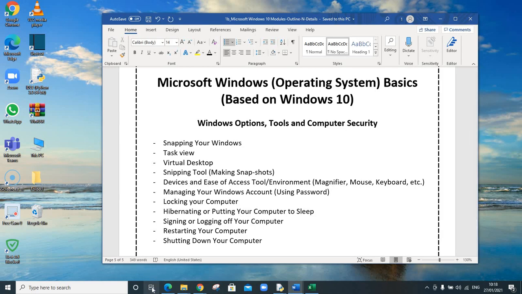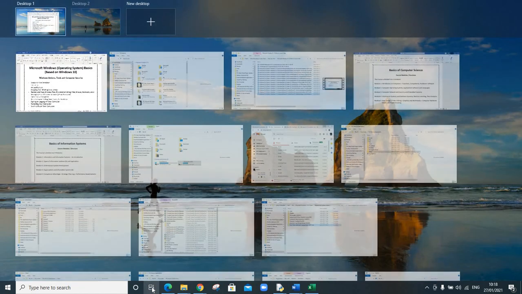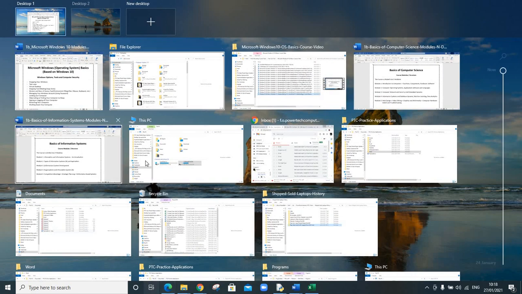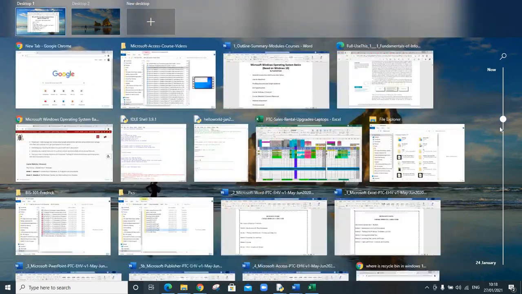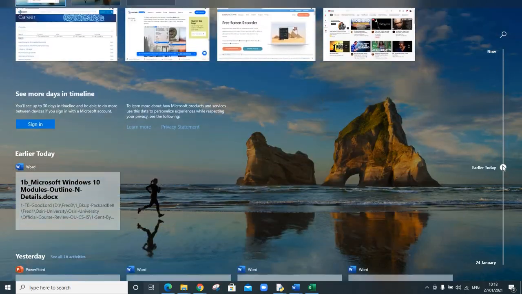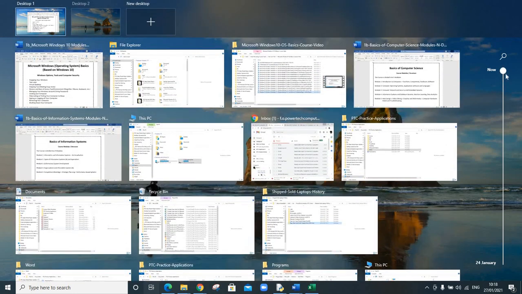For example, if I click it, you see, so currently it shows me these are all the things I can go to. I can also click, hold and drag to see all the items I have open,